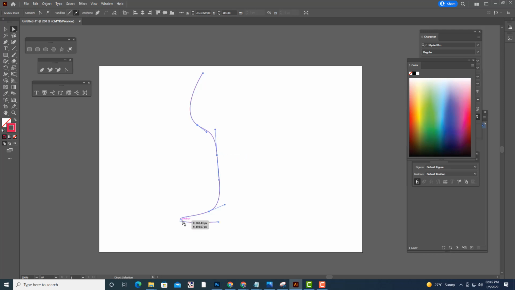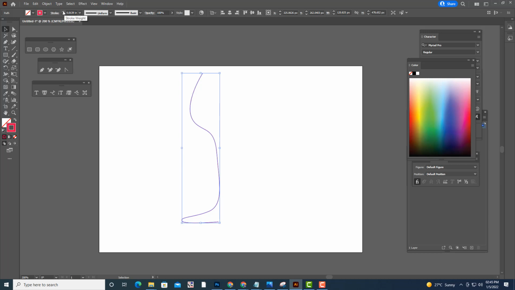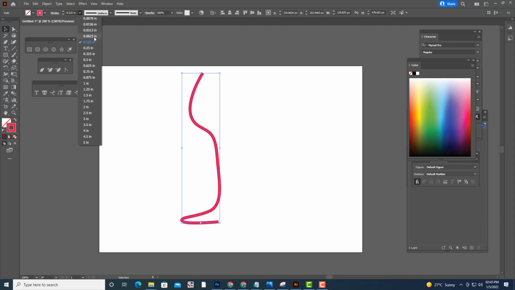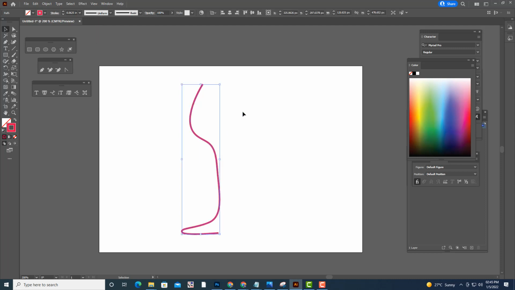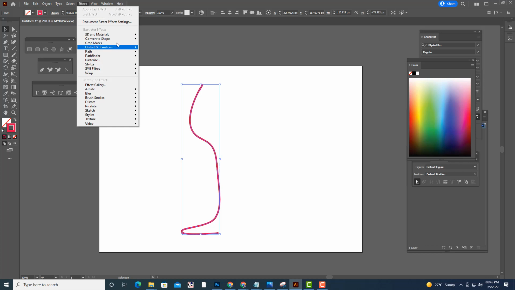Now we'll give some thickness to this, so I will increase the stroke here. See, I have given some thickness. This much is okay. Now I will select this stroke, go to effect, 3D, 3D classic.